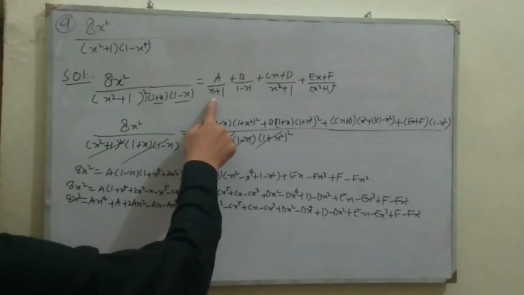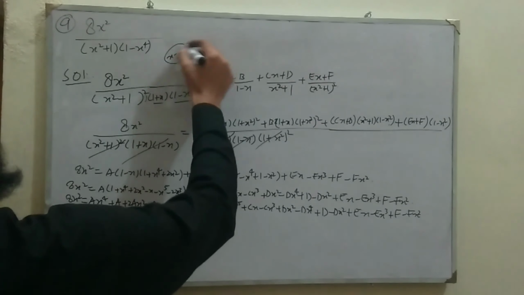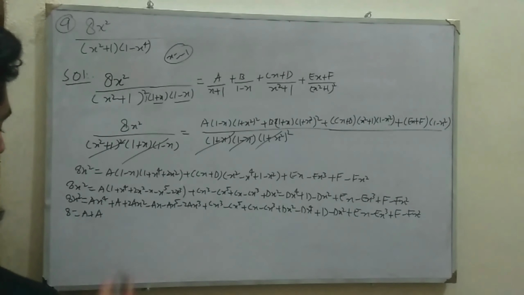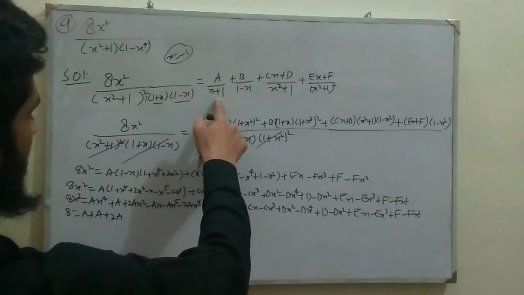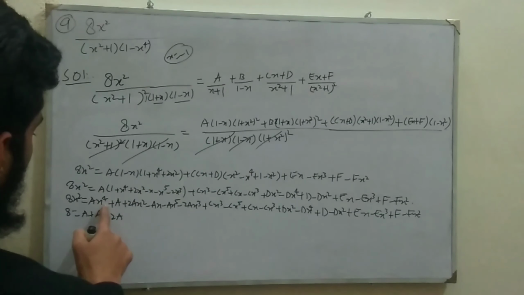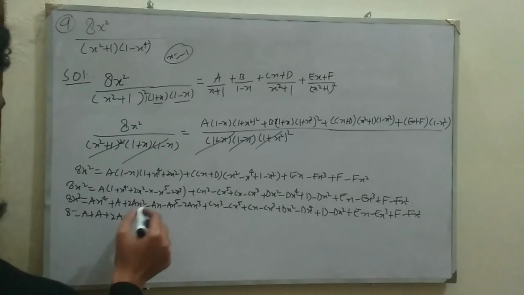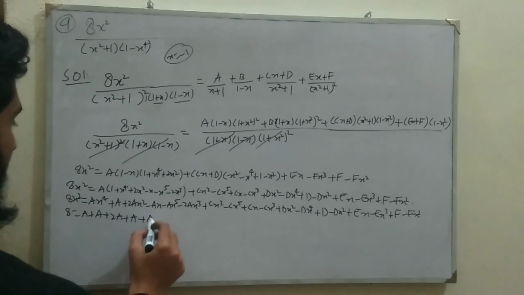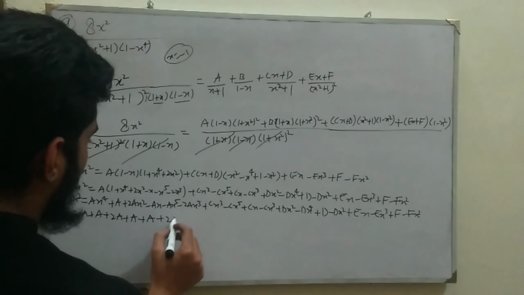From here 1 plus x is equal to 0, so x will be equal to minus 1. Now put x is equal to minus 1 here, so it becomes a plus a, and this is 2x, it becomes a plus 2a, and if we put x is equal to minus 1, it gives us plus a, and here x is equal to minus 1, it gives us a plus a, and here by putting x is equal to minus 1, it gives us a plus 2 times a.